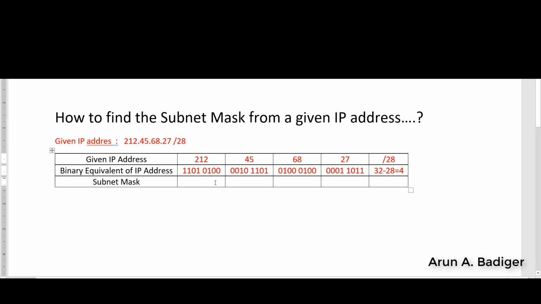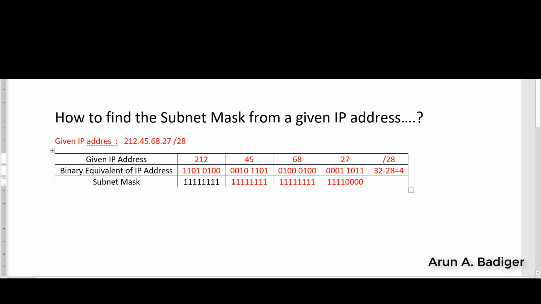So how will you do it? Here I go on entering the 28 ones: 1 2 3 4 5 6 7 8 bits, followed by 1 2 3 4 5 6 7 8, again 8 bits of ones. The total is 16 now. Now I should again enter 8 ones, because it will become 24: 1 2 3 4 5 6 7 8, total 24 ones. Now I have to make only 4 entries, 1 2 3 4. So this becomes 28 in total. The next bits will be zeros, 1 2 3 4.